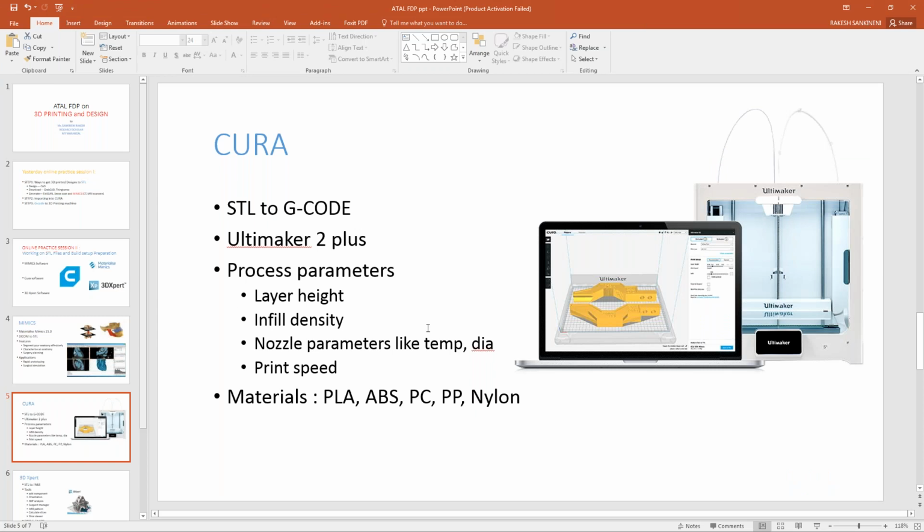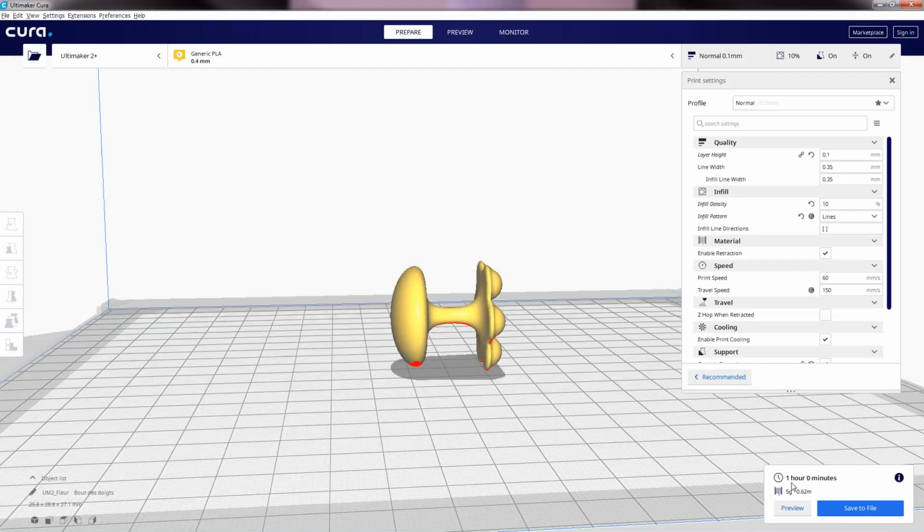See, these are the parameters. By varying these, the part size and material consumption or the time taken to build the part may vary. This is the PLA Ultimaker system. So this is about Cura.